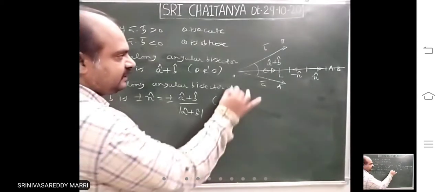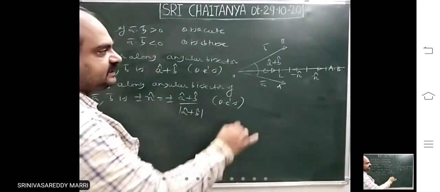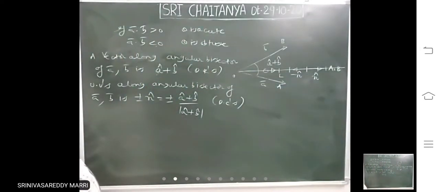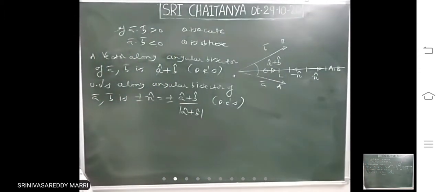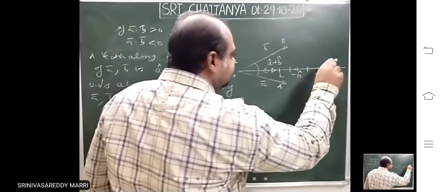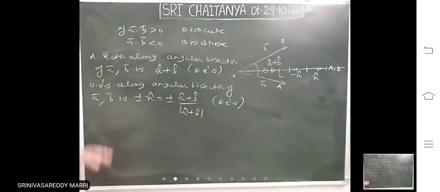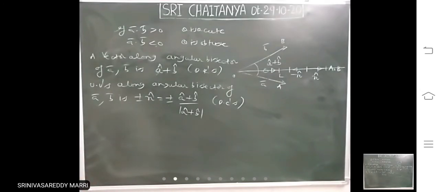Always remember this formula. A bar is like this arrow, and these two arrows must be like this. DRs of the angular bisector means you write a cap plus b cap. DCs of the angular bisector means you write plus or minus a cap plus b cap divided by modulus of a cap plus b cap. In one direction you will get l, m, n, in the other direction you will get minus l, minus m, minus n. Whenever an angular bisector problem comes, DRs means this, DCs means this. Okay.